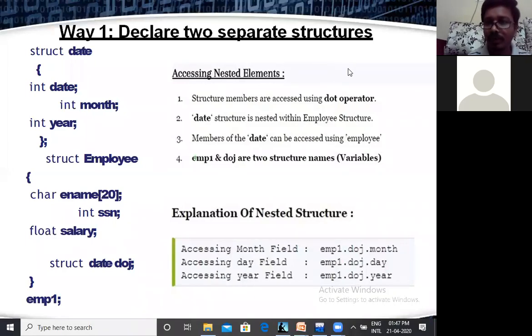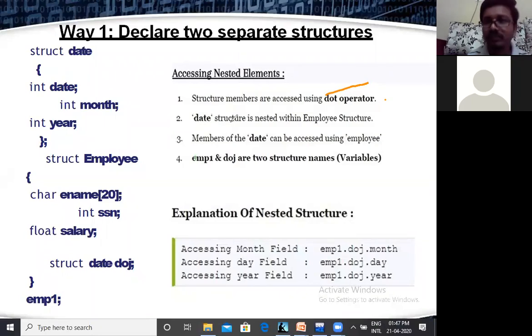We know structure members are accessed using this dot operator.